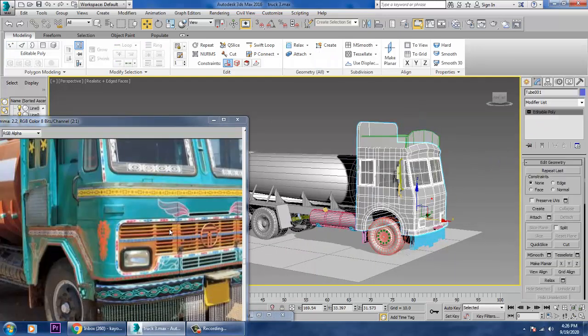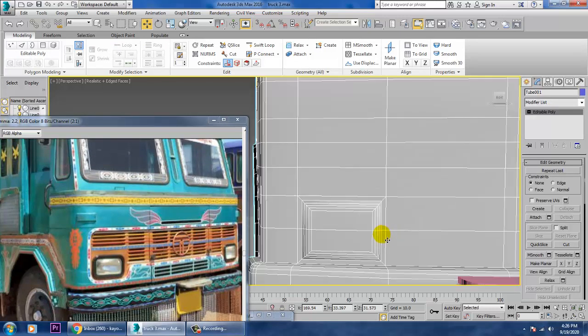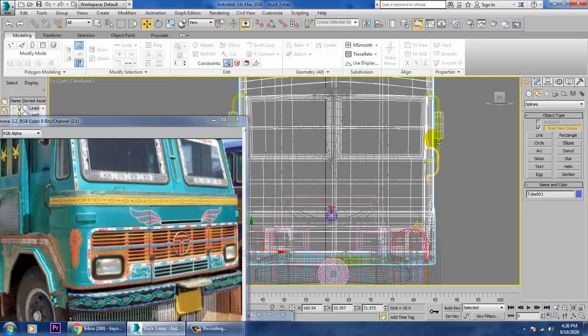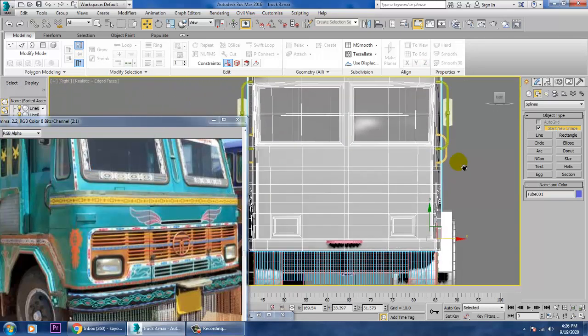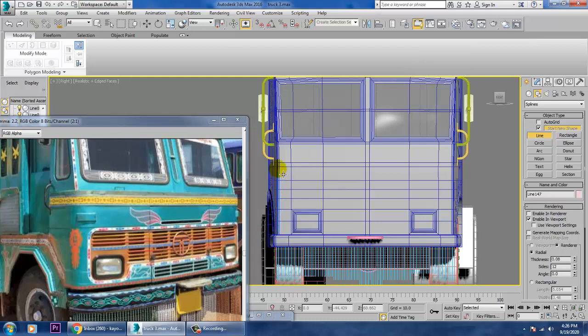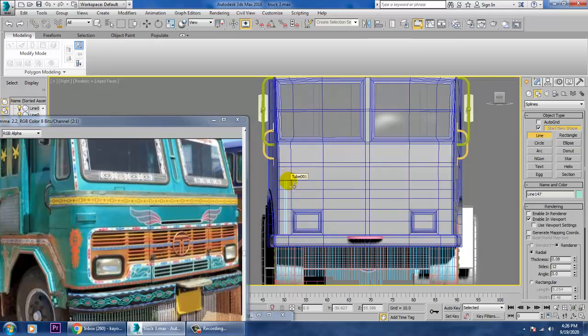Let's go with some basic details over here. I'll go into this view over here. I'll go into this view. I'll take a pen tool over here.